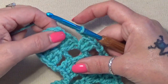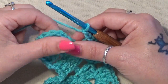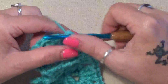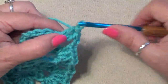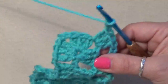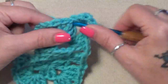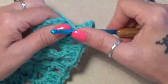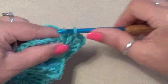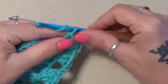Okay, and then in the next corner you're going to put 3 doubles, chain 2, three more doubles, okay, you're going to chain 2 again,